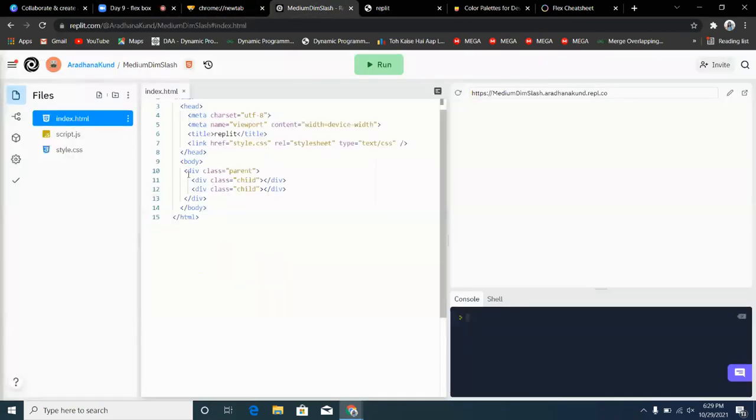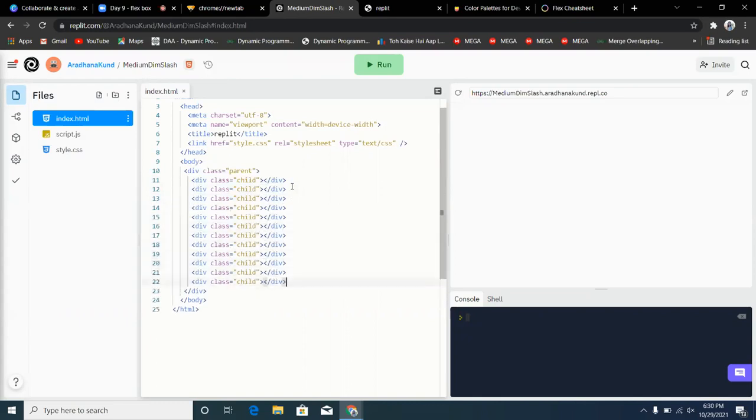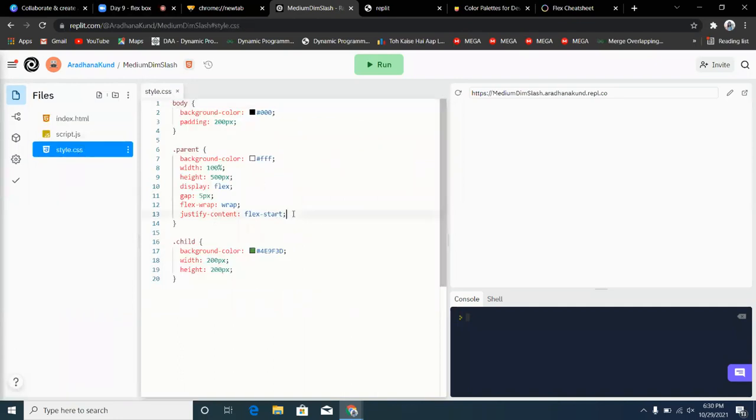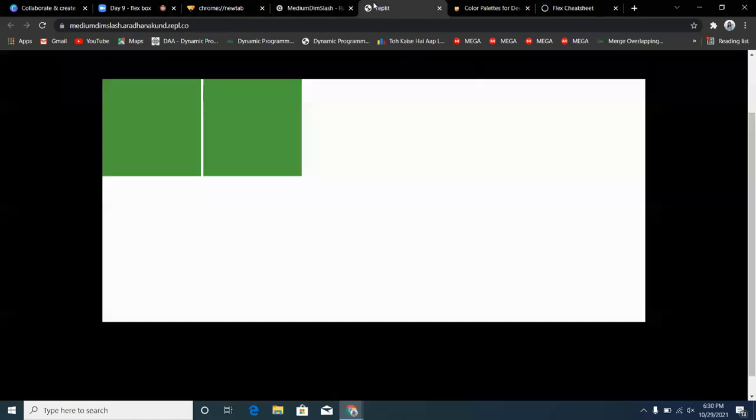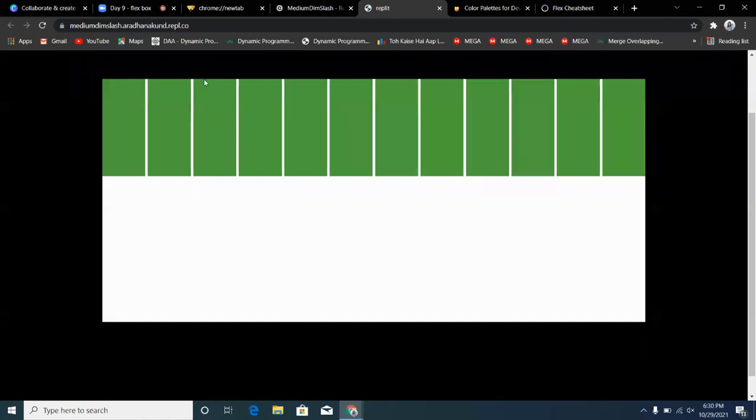Suppose I go to index.html, and I copy this entire thing and paste it again and again over here. Then I go to styles.css and remove this flex wrap. If I go over here and refresh it, you can see that they have squeezed themselves and their width is much lower.